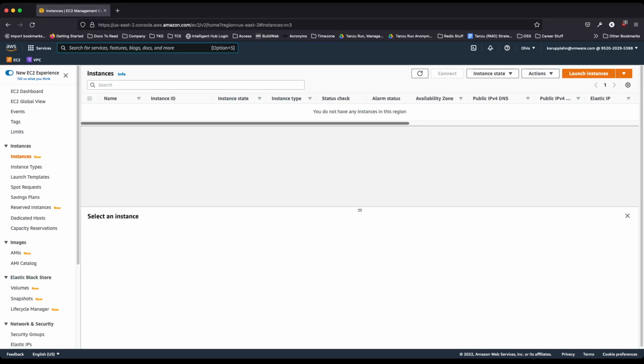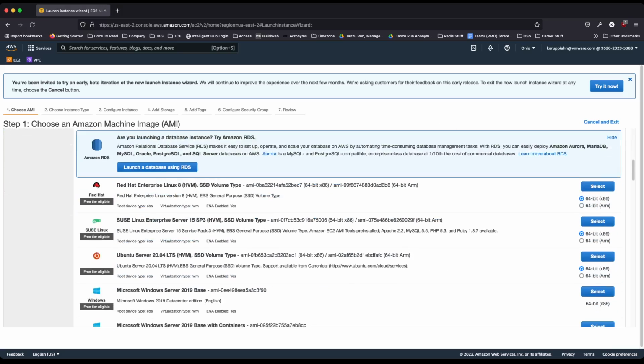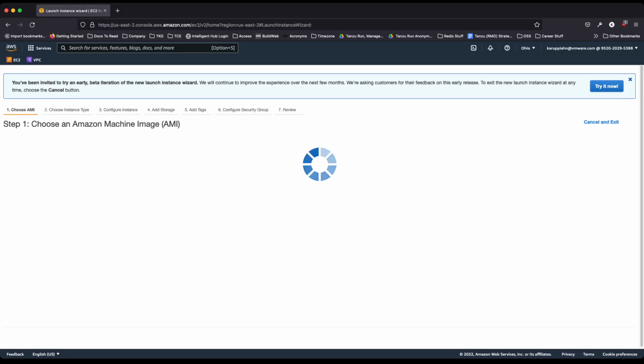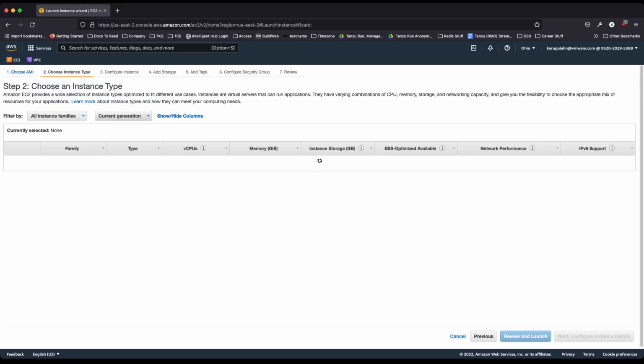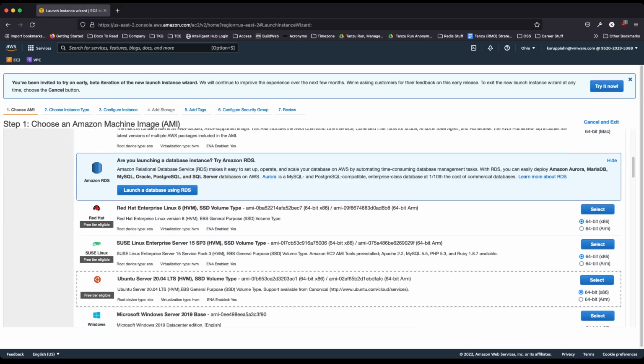So I'm on the AWS console, and I'm going to go ahead and launch an instance. I usually use Ubuntu, and I use AMD 64-bit. You can also check out ARM 64-bit. And I use the SSD version. So if you see solid state drive,